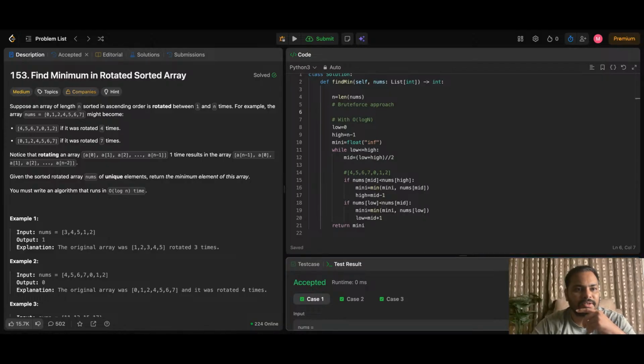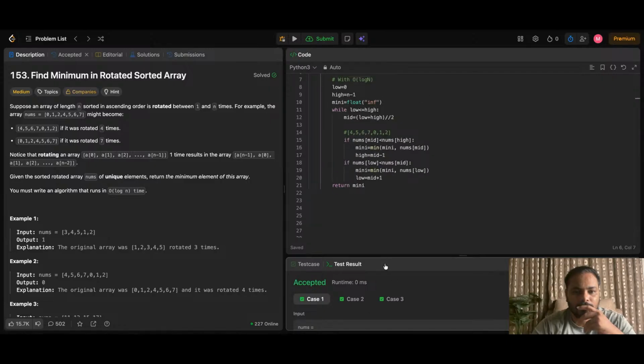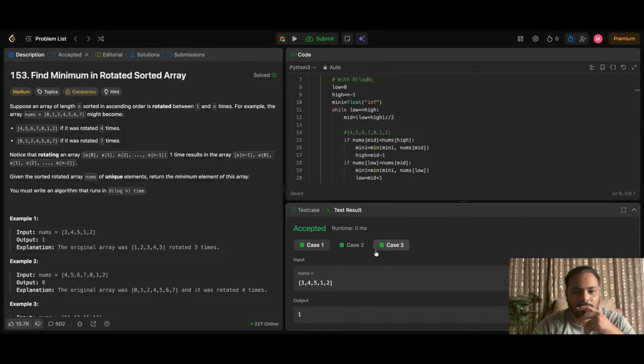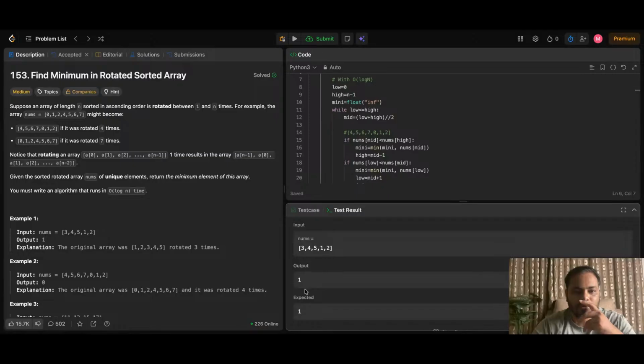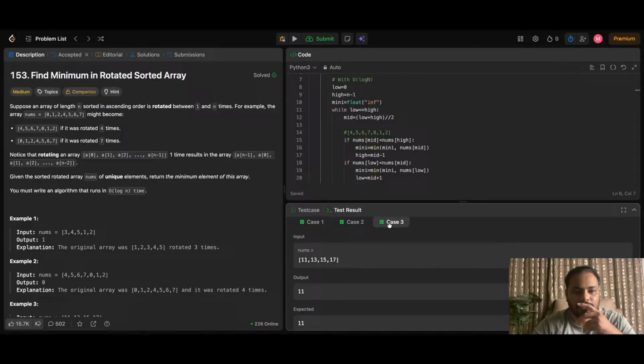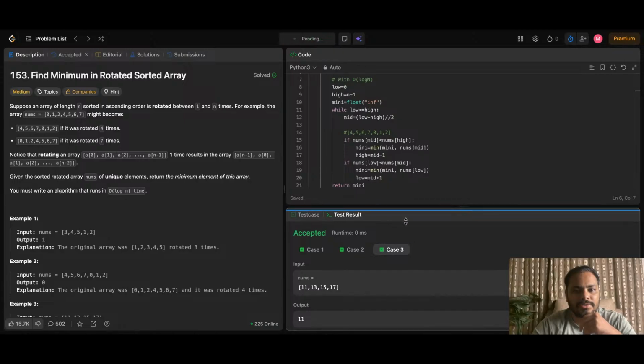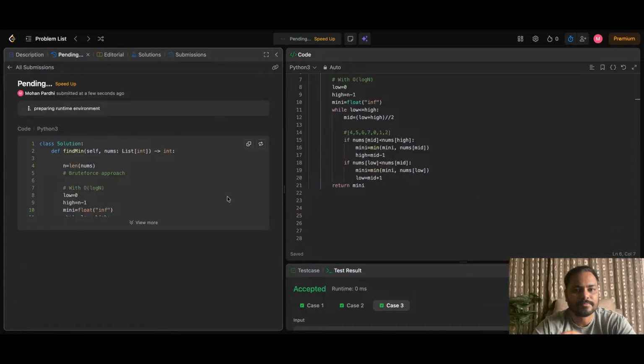Okay, so this case is running, right? This case is running. Okay, so the minimum is output. Case 2 is this, so the minimum is 0. Case 3 is this, so 11. Okay, so I think this should run considering all the edge cases. If not,